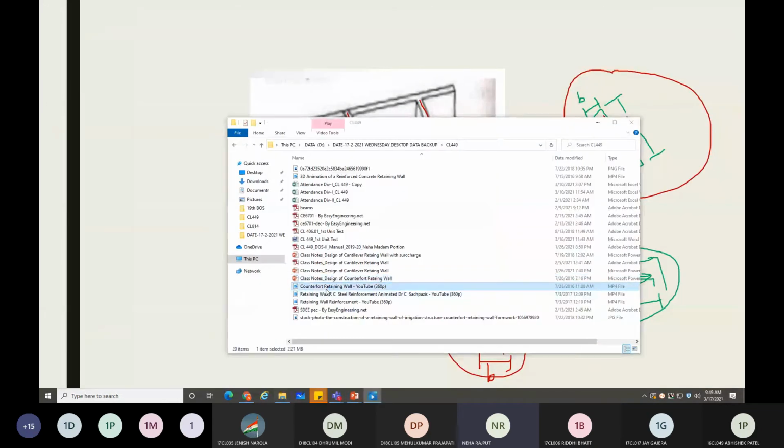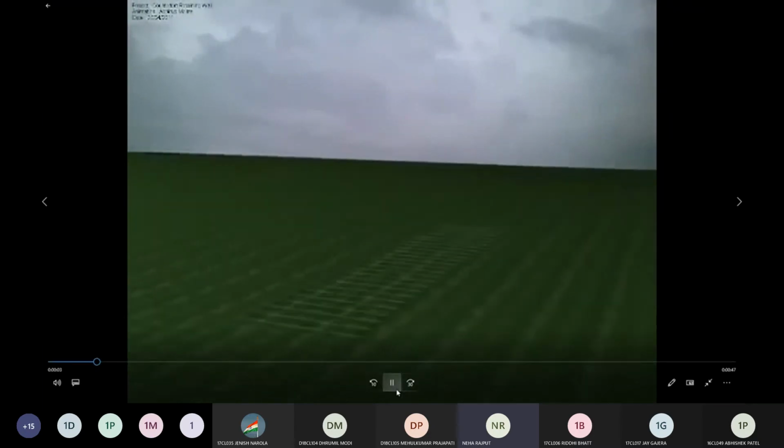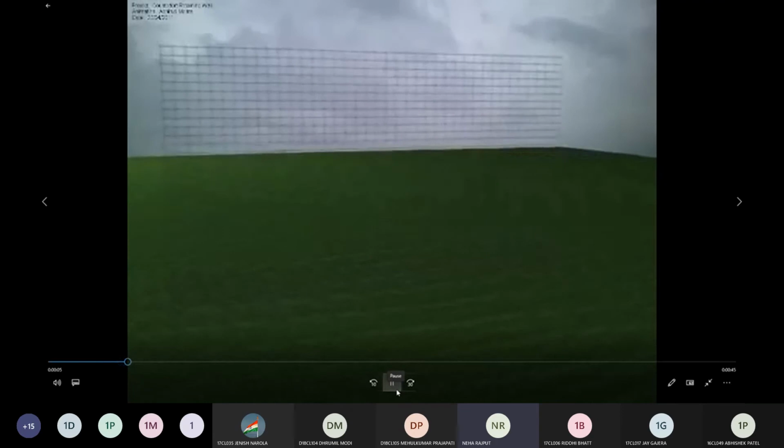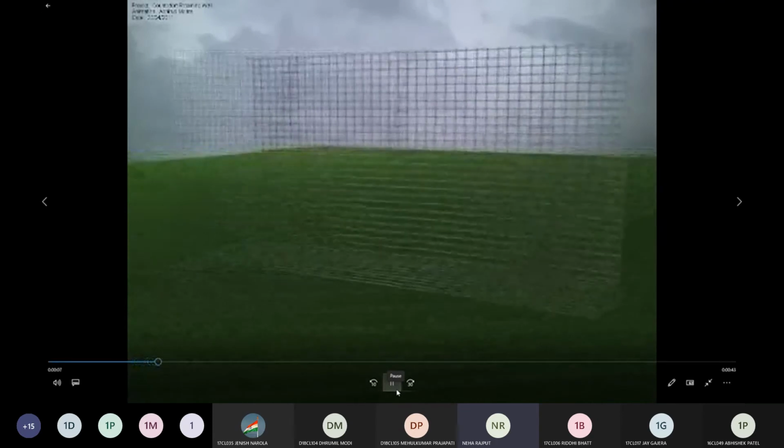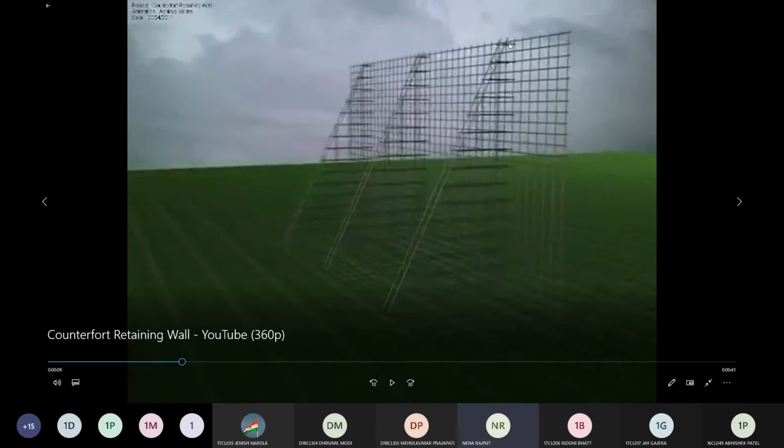Yes, I am going to show you the detailing of the counterfold retaining wall. Like this is the counterfold retaining wall. Right, now you can see over here these are the horizontal reinforcement. See, the horizontal bars are coming from the stem part and which will connect your counterfold member throughout this depth. See this like this. All these are the horizontal reinforcement from the stem part.